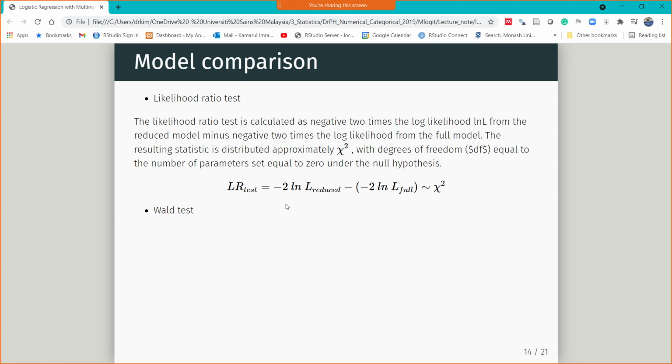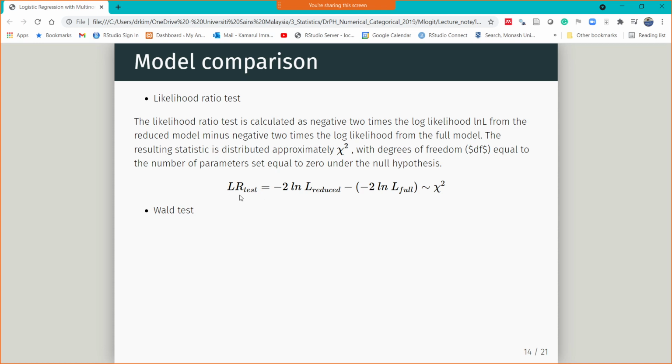All right, and then when you develop your models, it is not always that you get the best model at one shot or one try. So most of the time it is not possible. You have a few candidate models, so to choose which model is better for you or more useful for you, then you need to do comparison between models. So when you want to compare your models, you can use likelihood ratio test. Okay, and